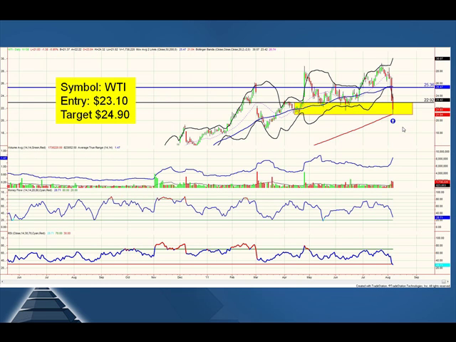Our next stock is WTI, an oil and gas play. Same thing here with a technical play. Price was very oversold over the last week, right into this very strong demand area. So in this demand support area here, where we see how price came out of it very well, one of the things we also looked at is notice how price bounced right off the